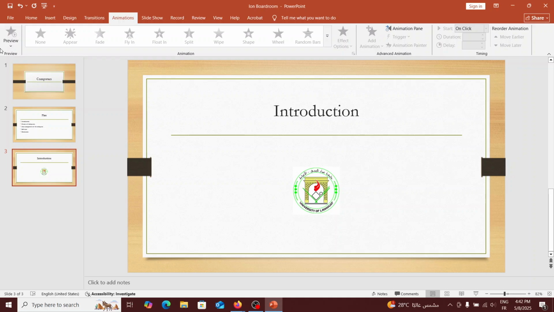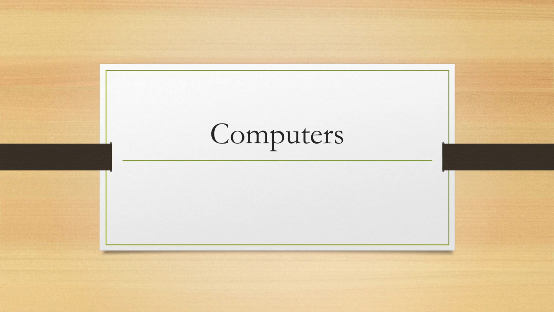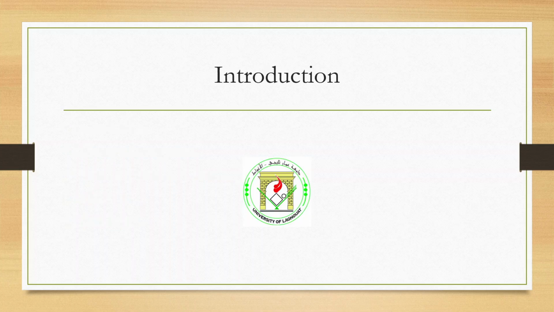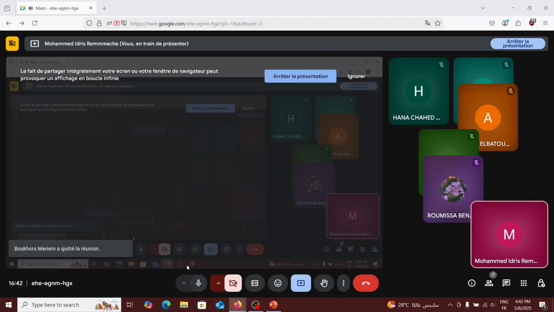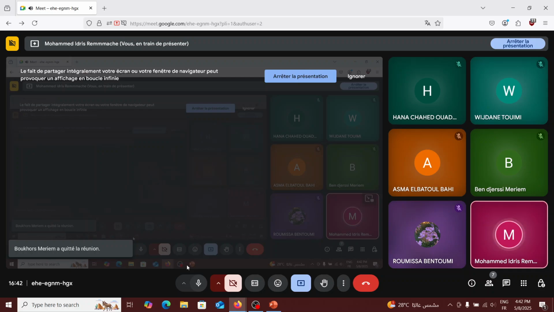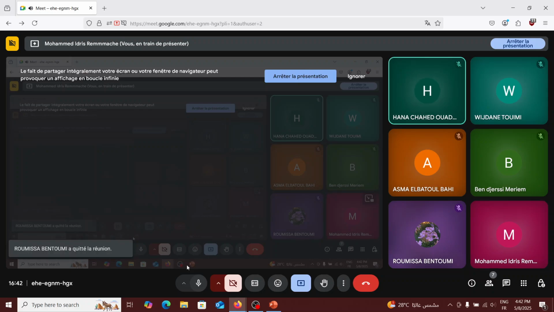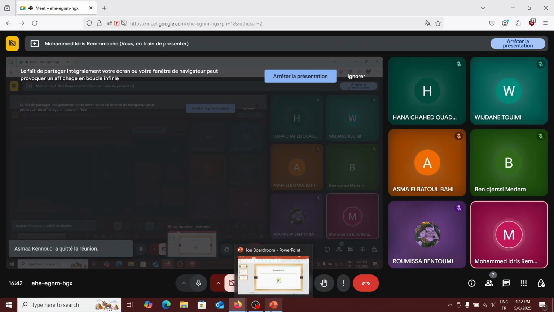Okay, now if we take a look at our slide without animations, what do you notice? Which one is best, with or without animations? With, of course. Yes, animations serve to better organize or better convey your